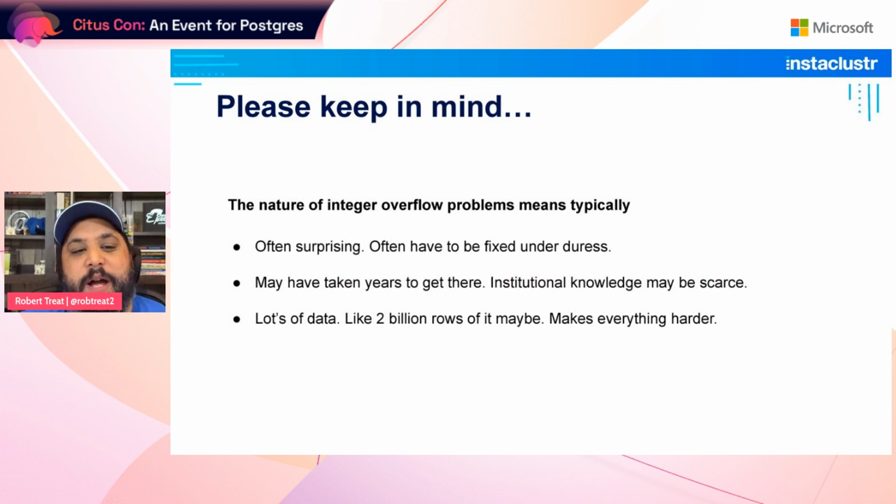One thing to keep in mind, if you run into this in the wild or hear stories about this kind of problem, is that this is usually a surprising issue. You'll see that error message suddenly, and nobody realized this was going to be a problem. Because of that, these types of problems often have to get fixed under duress. Meaning, you have an order table and suddenly you hit your 2.1 billion-ish order, and now you can't insert any more rows into it. So you can't take any more orders, and everybody gets on the phone and starts going a little bit crazy.